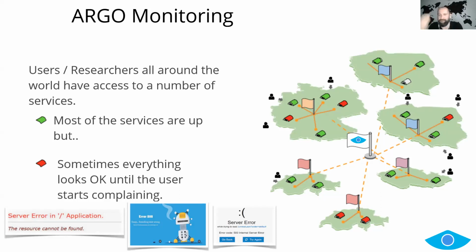If the users call you, then your status monitoring is already broken. So that's the whole point. Argo is supposed to catch the red tents before the users catch them. Now these are some typical examples, which translate into GGUS or help desk tickets saying, "Oh, your site is broken. How come we're paying you to maintain your site and only one user figured out that it's not working?" So that's why you have Argo.